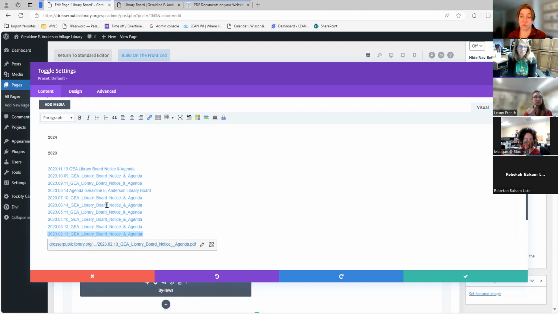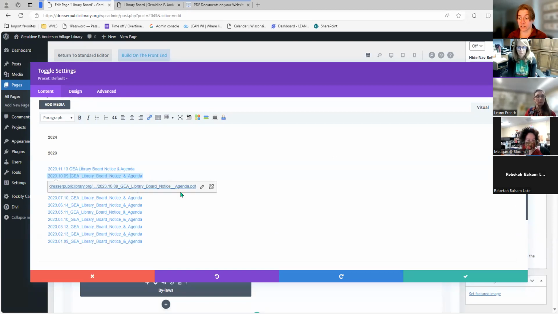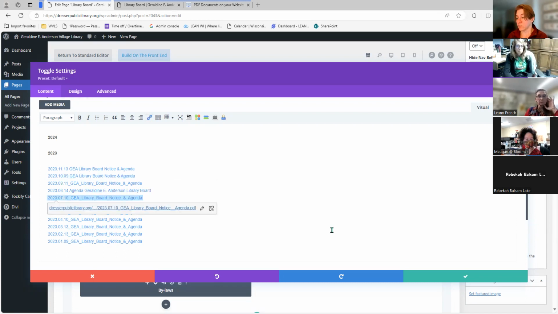So you can do the editing right in the text module. It's not difficult. Might be a little time consuming, but it's really not that. Especially if you're only doing this once a month, it's not that hard. So that is one option for making your links look cleaner. Another option for making the link look cleaner, and I'm going to save this one here,